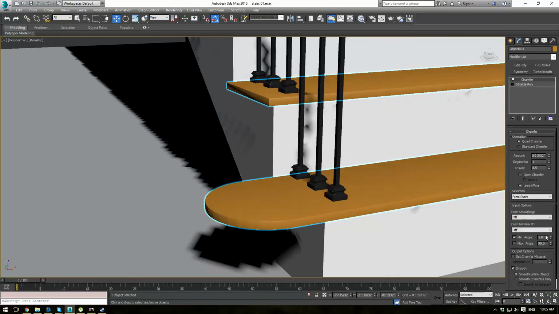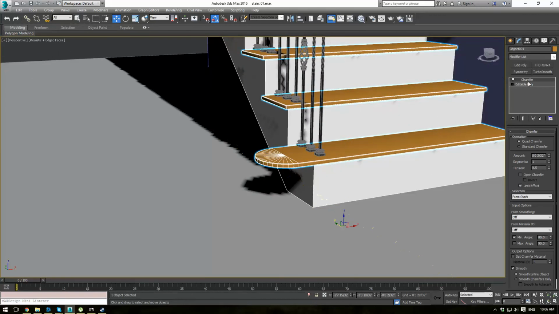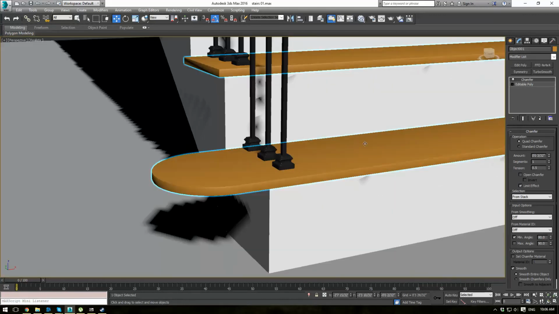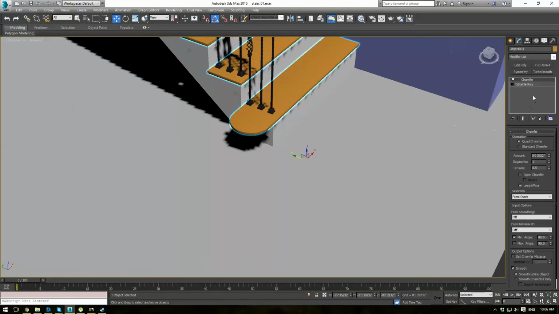And actually, let's go ahead and bring this up to about, I want to get rid of these guys right here, so bring it up to about 80, and that'll remove those. Alright, there we go. So our chamfer worked well. Let's go ahead and